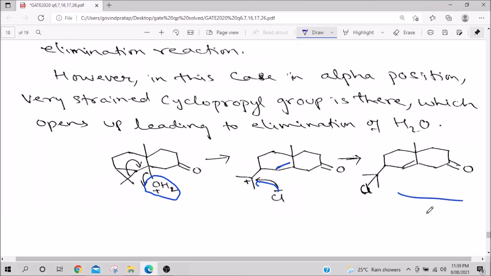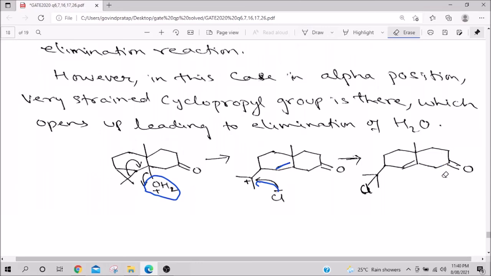Now we are getting this molecule. This molecule looks quite good to me. The only issue I am seeing is, it could have been an alpha beta unsaturated ketone, but it is a beta gamma unsaturated ketone. An alpha beta unsaturated ketone is much more stable because it is conjugated rather than an isolated double bond. See, a ketone in general is very stable, but an isolated double bond is very unstable. If it is an alpha beta unsaturated ketone, then it is very stable.